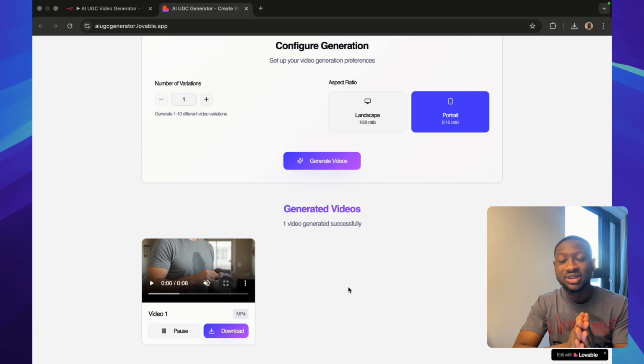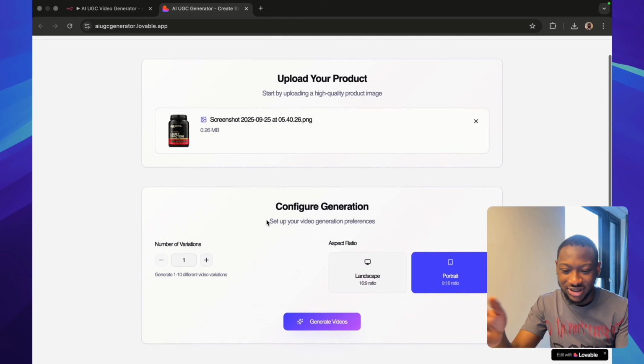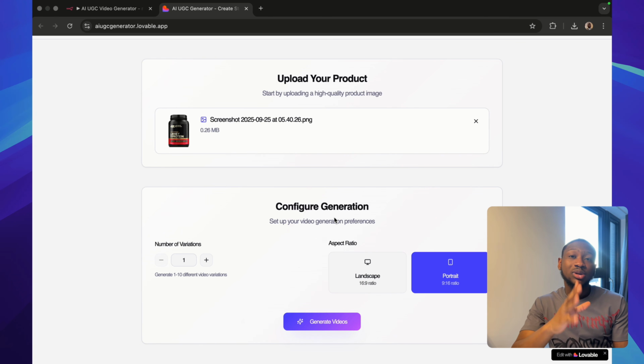What I'm gonna do now is go in depth and show you every single node, every single variable, and how everything comes together, so you can get a better understanding of this application and workflow. Before I show you an in-depth explanation of how everything plugs together, I want to show